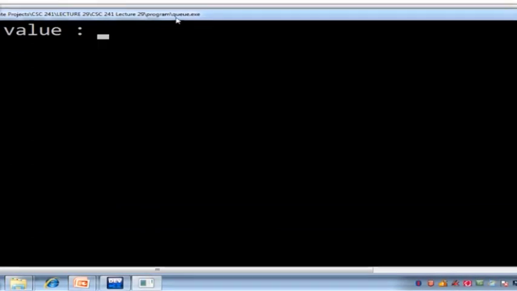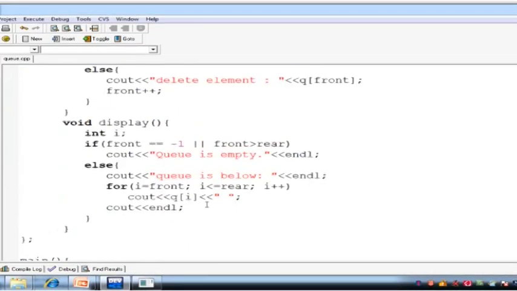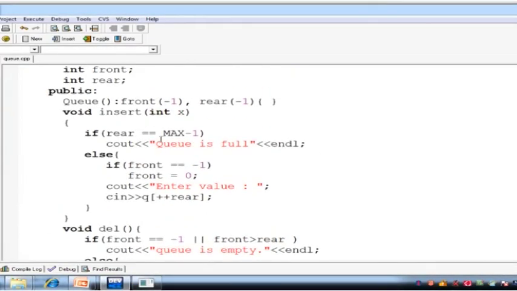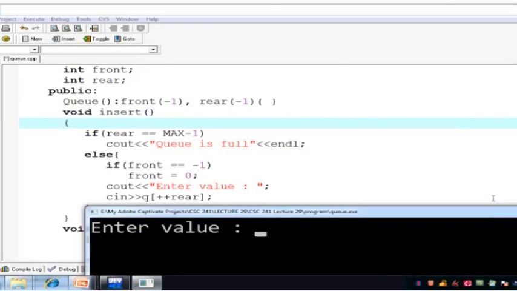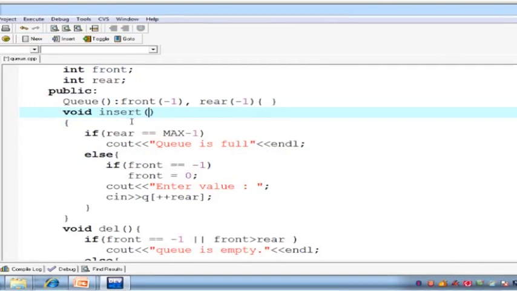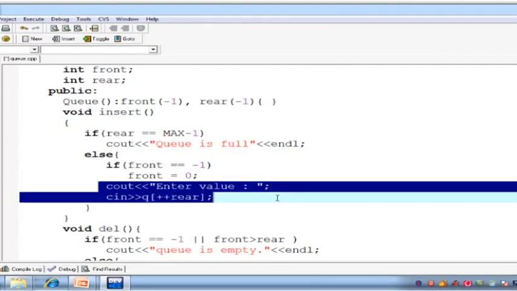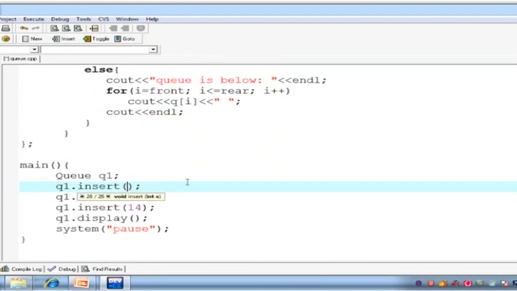So enter value, because we call insert function first, so value is, let's say, but if we call insert function, why is it asking for enter value? So there's no need to write this parameter actually. I think that is my fault. So there's no need to pass any value to the insert function, right, because we are asking the user over here to input any value. ठीक है, so यहाँ पर हम इससे पूछ रहे हैं, so we just simply call the function. ठीक है,